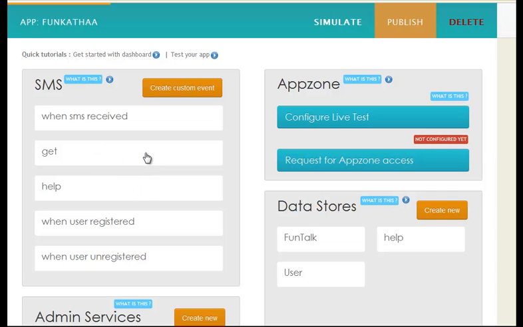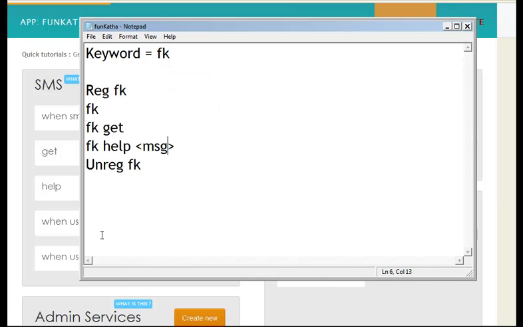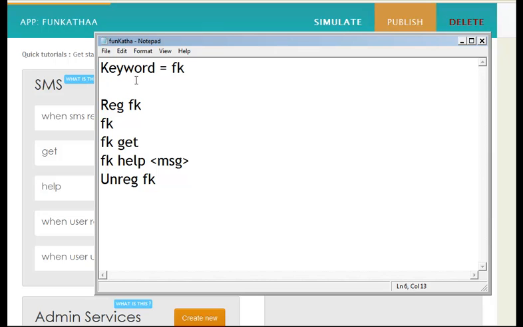So let's look at how we are going to develop the logic of this application. So using this notepad to demonstrate it. So let's imagine the keyword of the application is FK. Then a new user can register to your application typing reg space FK, and user can get a new fun